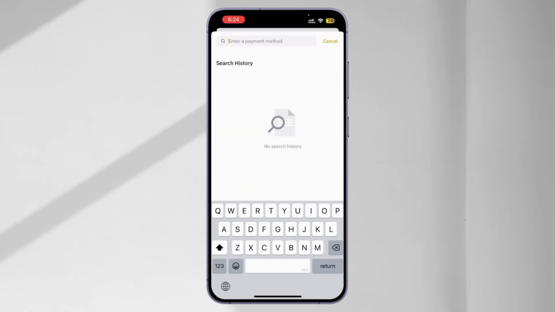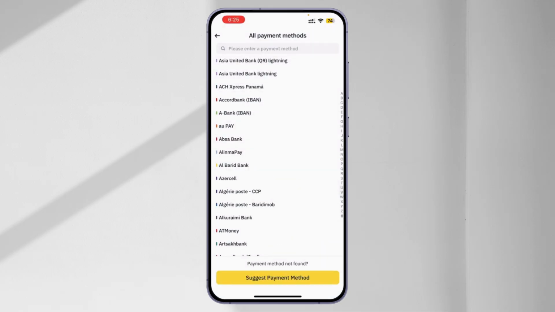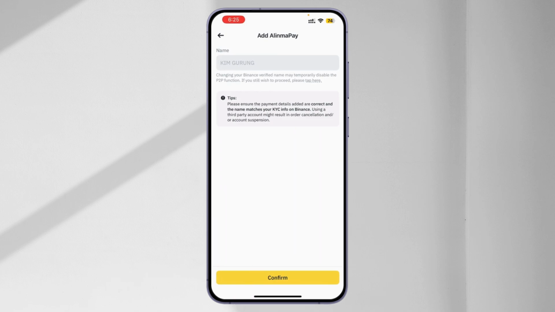And you can also search for your payment method as well. Once you've done that, simply select your credit card option, and Binance may ask you to verify your payment method via two-factor authentication. And once your card information is added, tap add card to confirm, and that's it. That's how you can simply add a credit card to your Binance